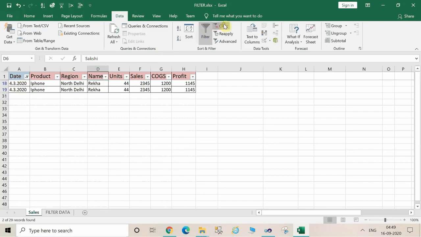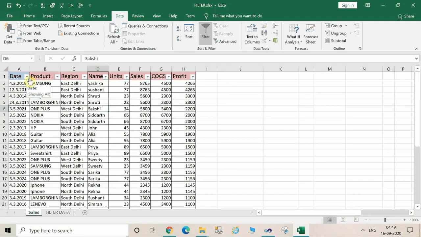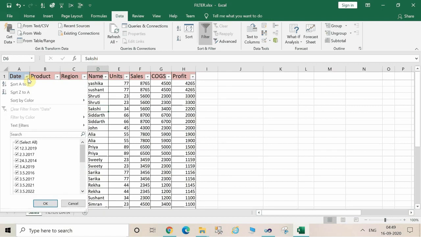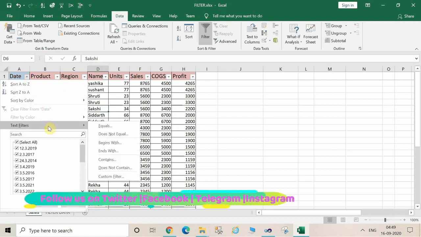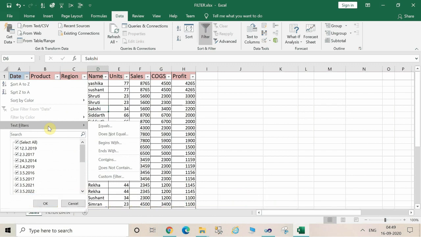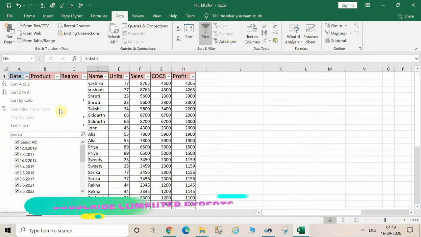Again, clear the filter and click on the drop down menu. Now click on the text filters of the date. Here also you can apply these options which are displayed: equals, doesn't equal, begins with, contains and does not contain.